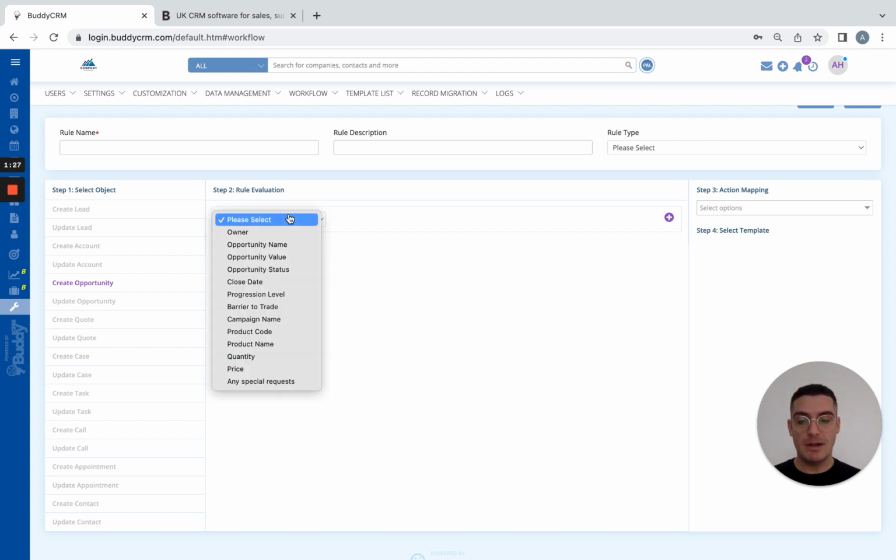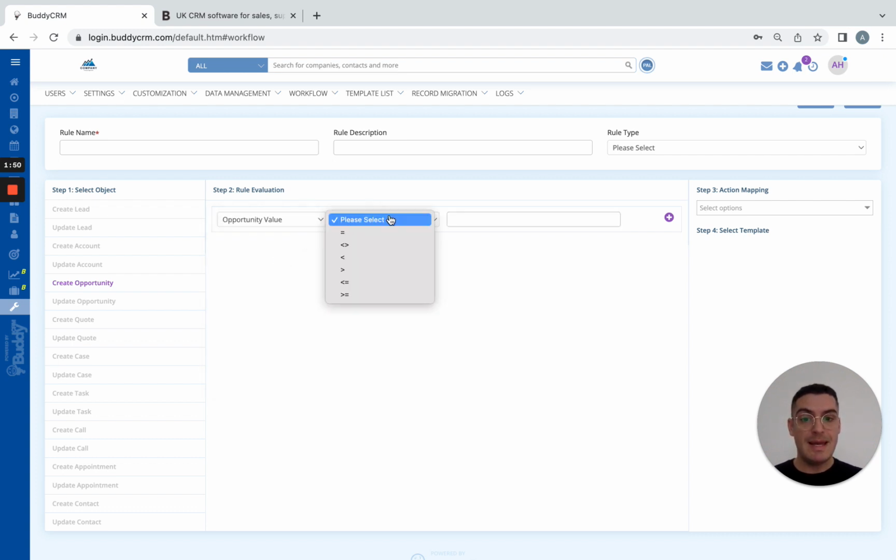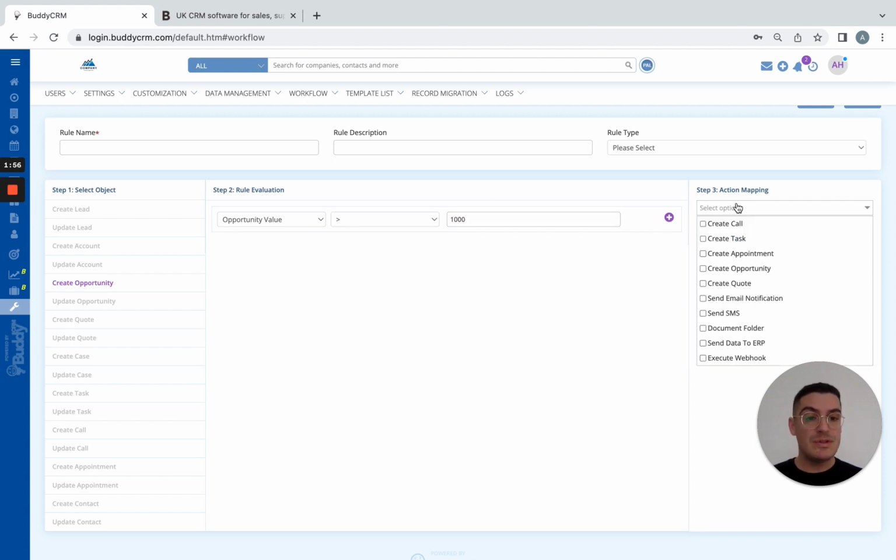We can say something like, if the opportunity comes in and the value, and by the way, all custom fields are available in here. So if you add a custom field called anything with any type of information that sits within that, that can be utilized for a trigger. That can be utilized as a point of reference for a workflow to happen. So if I say something like the opportunity value is greater than £1,000, we would want something